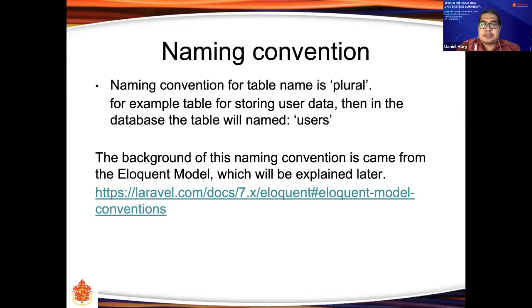There are several conventions in connecting an object model with the database, and this is one of them: the name of the physical tables must be plural, and the name of the object must be singular.